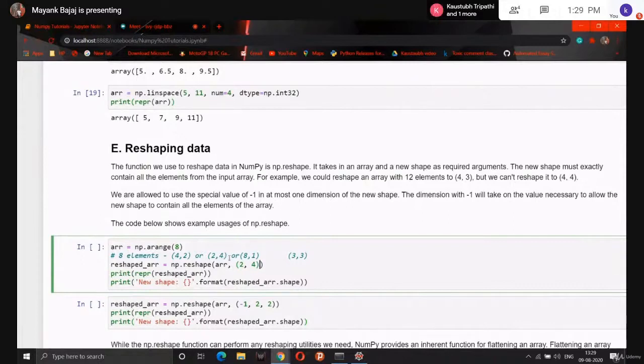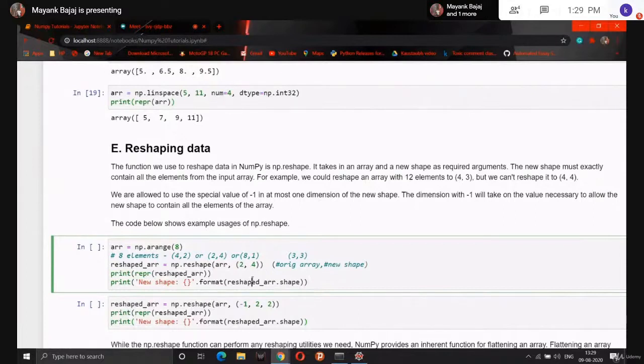What will be the first argument? It will be the original array. The second argument will be the new shape into which we want to reshape our original variable. So after reshaping, we will get 2,4, meaning 2 rows and 4 columns.